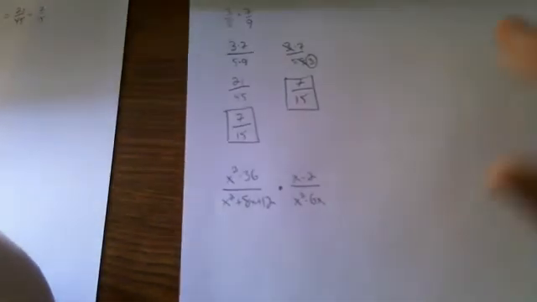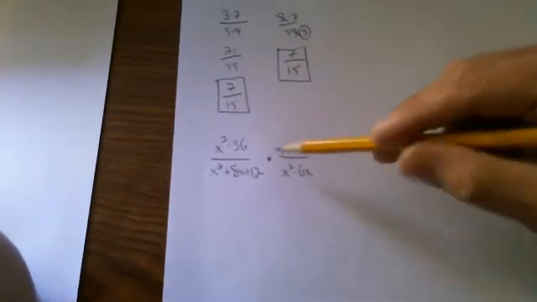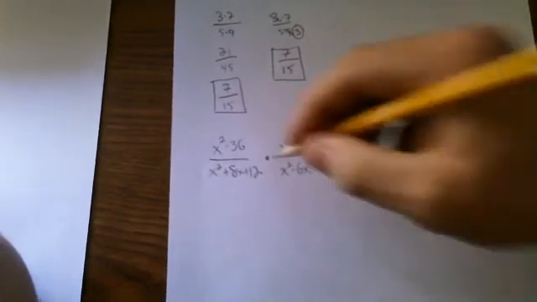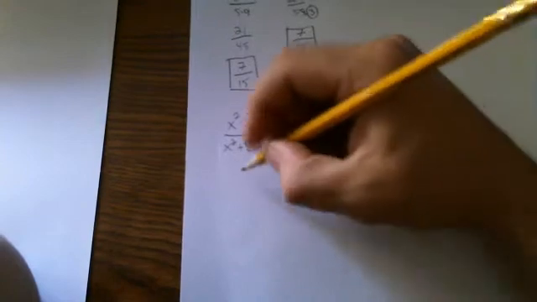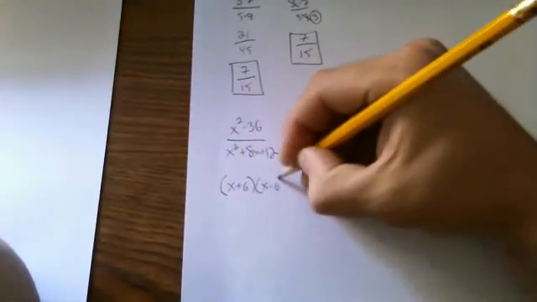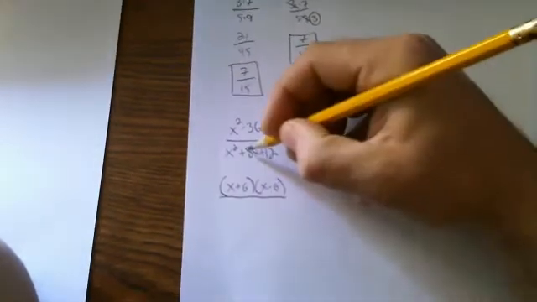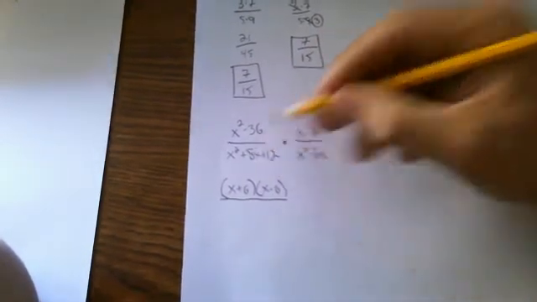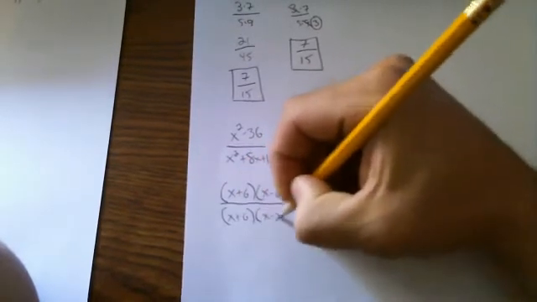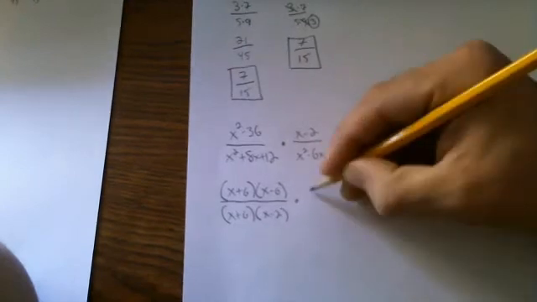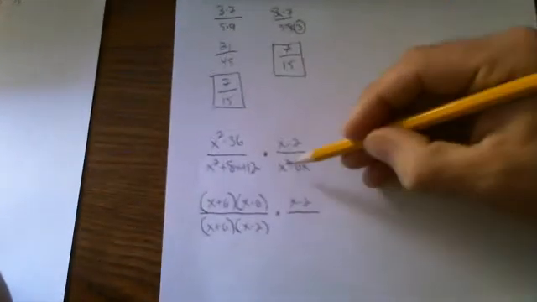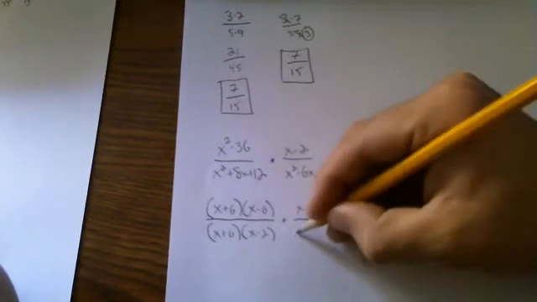And that's going to be pretty much the procedure. Factor, make one fraction, cancel, simplify. So let's factor x squared minus 36. That's the difference of two squares, x plus 6, x minus 6, over, and the factors of 12 that add to 8 are 6 and 2. And x minus 2 is already factored. And the GCF of x squared and negative 6x is x